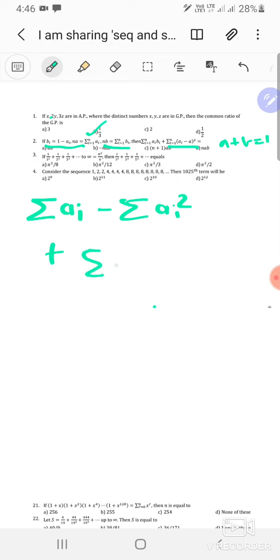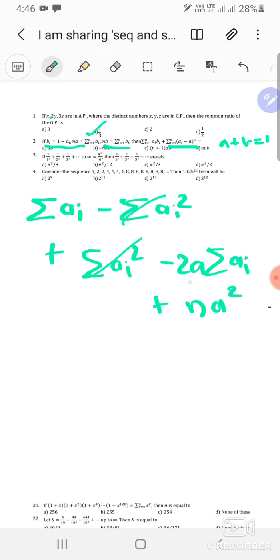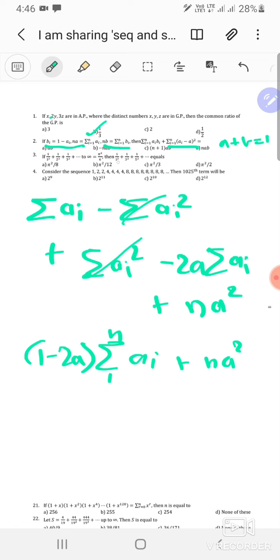So the summation of ai squared minus 2a times the summation of ai plus you got a squared and you got n. Okay, fine. So summation from i equals 1 to n of a squared has to be n times a squared. Okay, that's nice. So first of all, you see that these two cancel, then you can recombine this to write it as 1 minus 2a into summation of ai from i equals 1 to n and plus n a squared. But now we can use the fact that summation of ai from 1 to n is just n